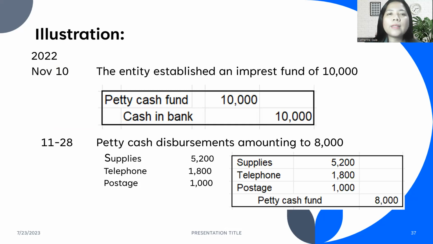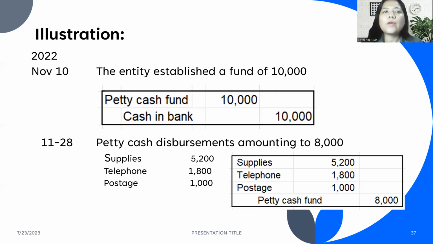Okay, let's have an example. So an entity established an imprest fund of 10,000, or the entity established a fund of 10,000. What is the journal entry? Same as in the imprest fund system, you debit petty cash fund 10,000 and you credit cash in bank 10,000. And then during the month of November,